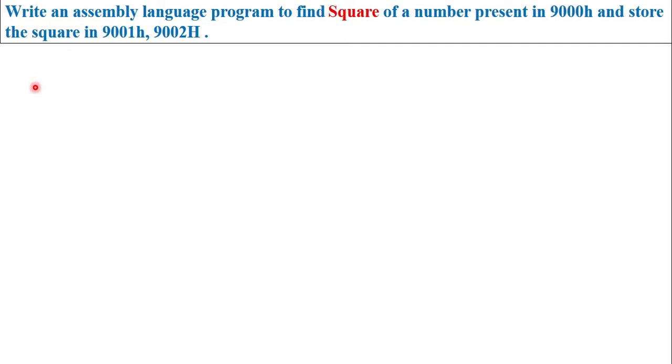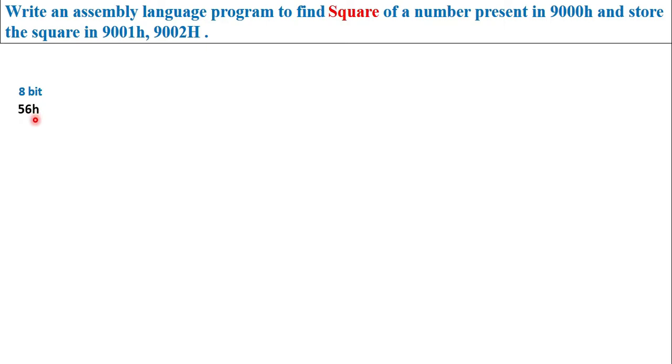Similarly, when we consider a 3-bit number, let's say 7, multiplied with another 3-bit number 7, the result is 49, which is a 6-bit number. So the size of the result is always twice the size of the input numbers. Since 8051 is an 8-bit microcontroller, let us consider a number which is 8-bit wide and find the square of that number. So let us consider an 8-bit number. Let's take 56 as the number.